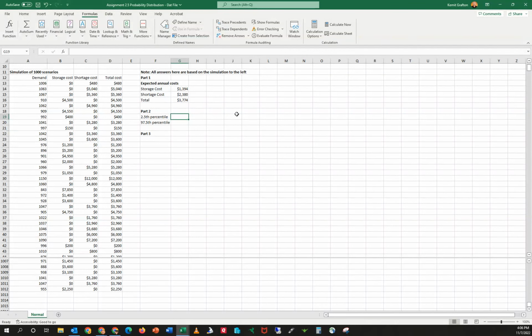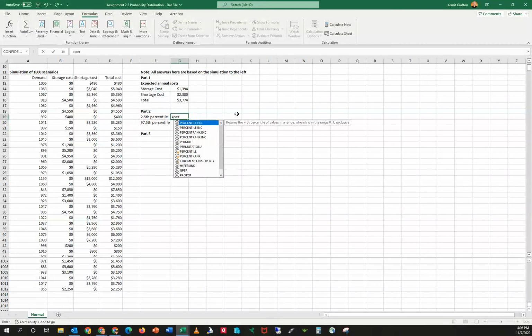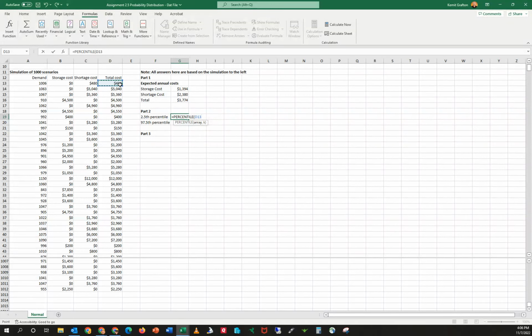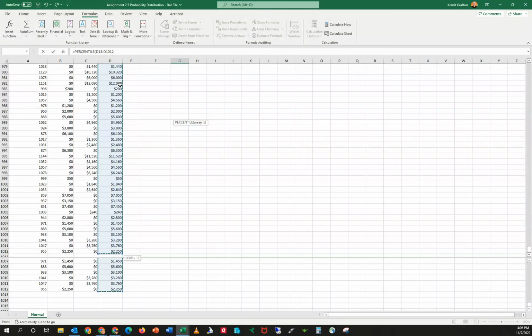So again, we're going to use an embedded formula called percentile. So there's percentile. You double click on it and it gives you the tooltip there. So it wants to know the array. So now we're going to go over to D, and again, Control Shift down arrow, and that gives us,